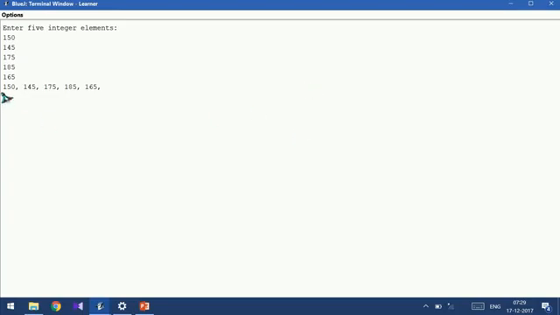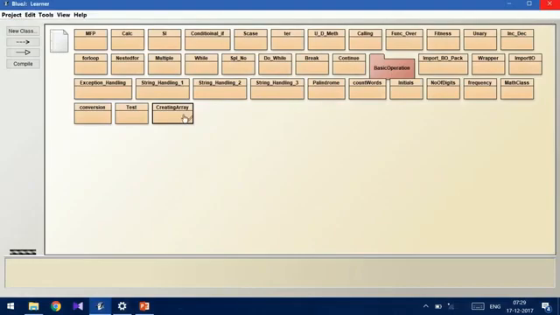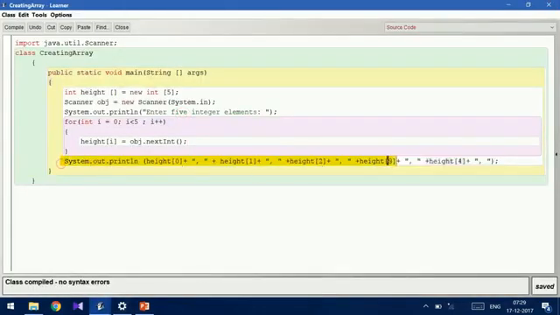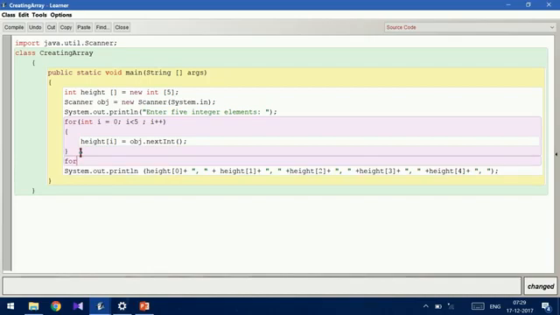So you can see that all these are printed. And then again, when we give the output, this also can be done using a for loop. It will be easy instead of giving these many times. So what I do here, again I create a for loop: int i is equal to 0.